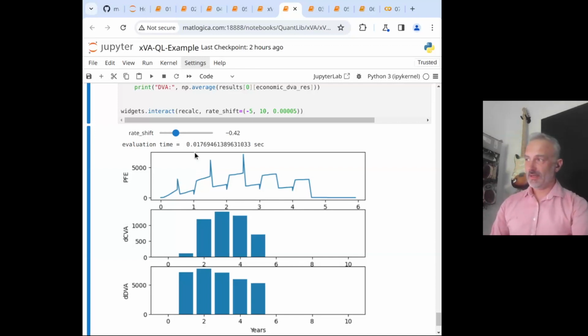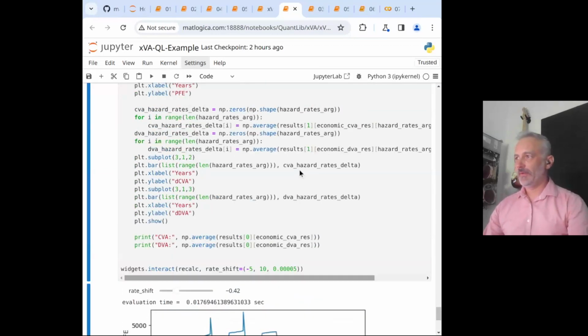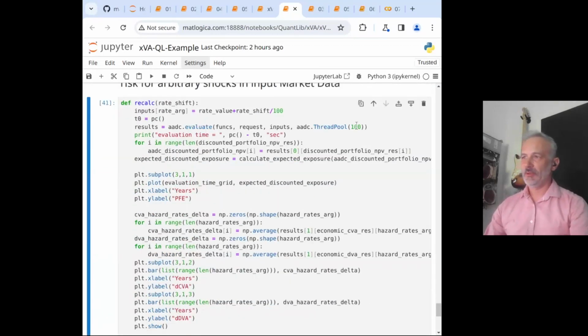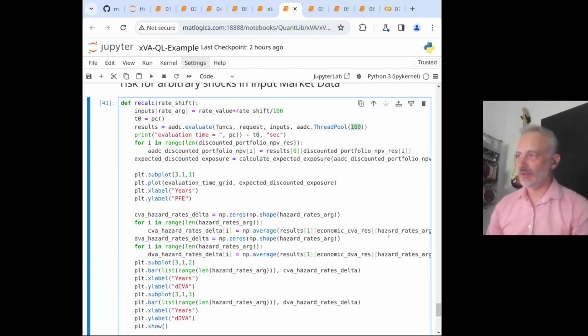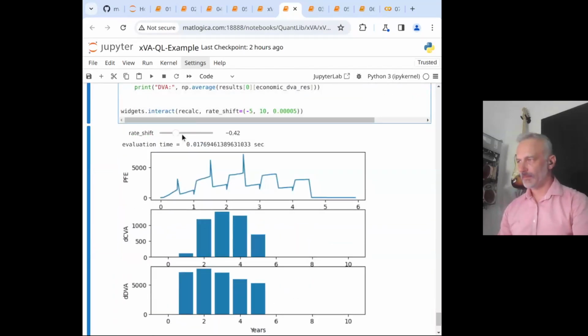And how long did it take to compute? You can see it's a fraction, 0.17 seconds. Although this time I go a bit further and I do use 100 threads to achieve that. But you're getting to the point where it's almost instant for humans.